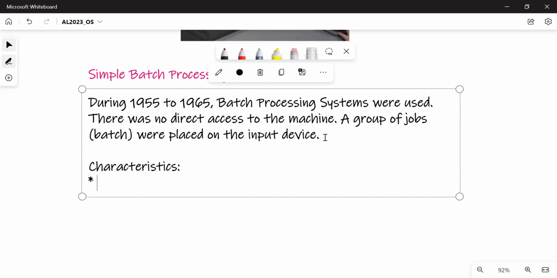So here are the things, the data, programs were stored in magnetic tapes.